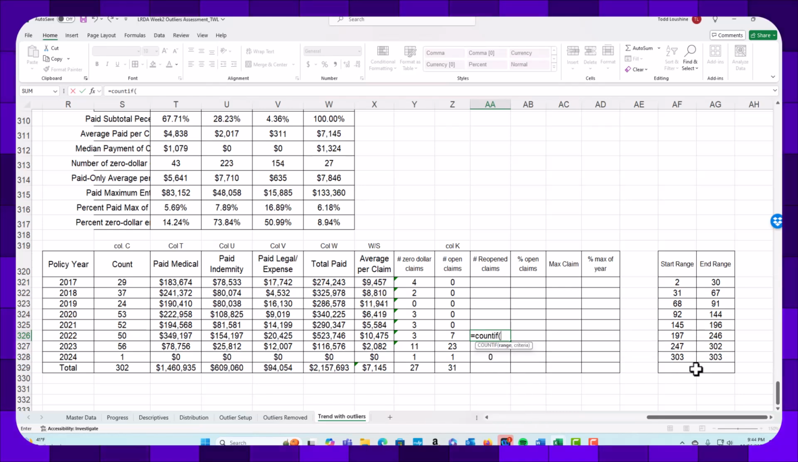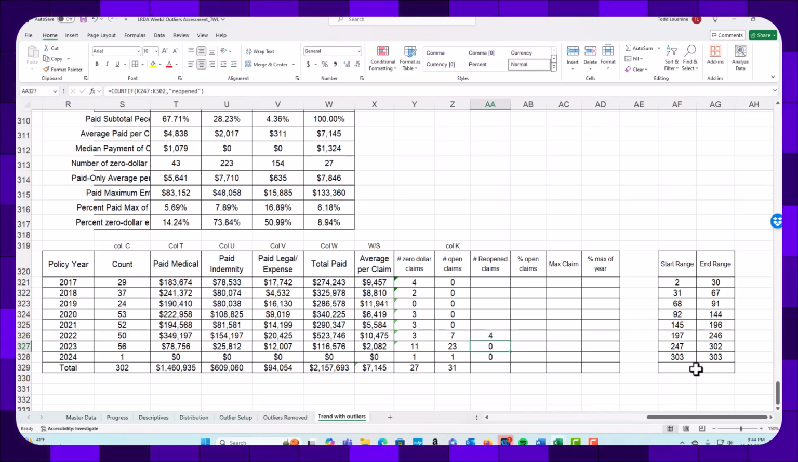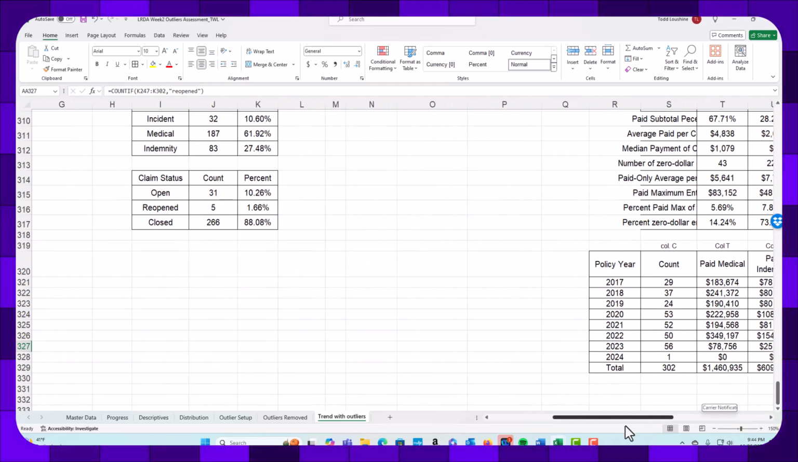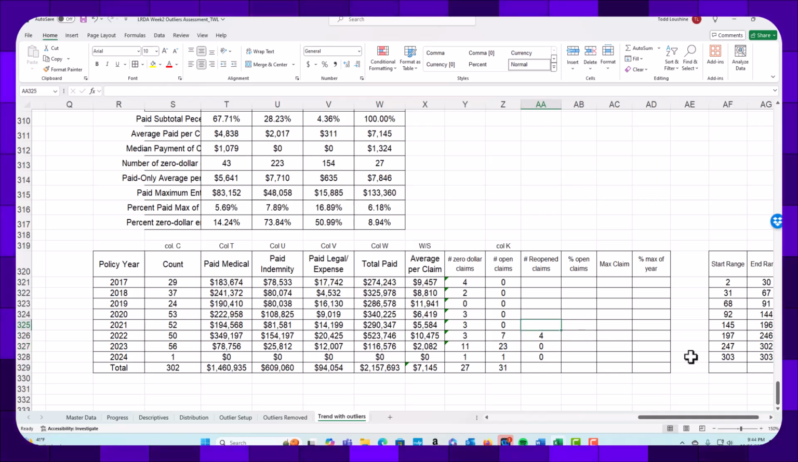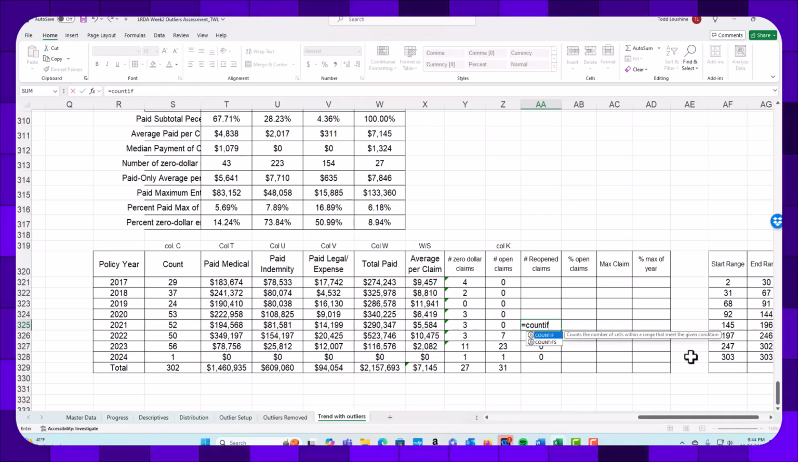Equal COUNTIF K197 to K246 reopened. There's 4 of them there. How many total do we have? So I want to stop as soon as I can. Well, I have to find one more. COUNTIF